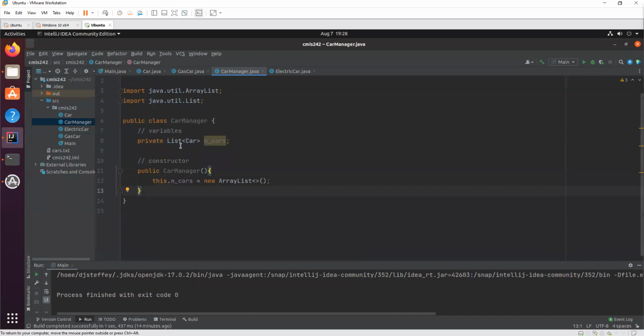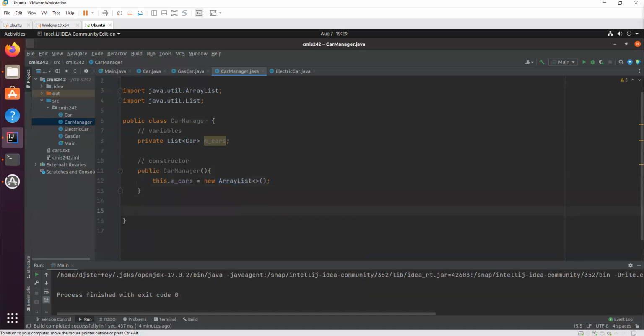Okay. And this list and this ArrayList thing, this is really something you should have learned from CMIS 141, I believe. And there's actually a section in one of the modules in our class that goes back and revisits the material on list and ArrayList. So I'm not going to go over those in too much detail. You should have picked that up in your previous lower level Java class, but it's also covered in the course material, should you need to go back and review it. And of course, if you have a question on it, just ask me or email me. But there we go. We created our list of cars.